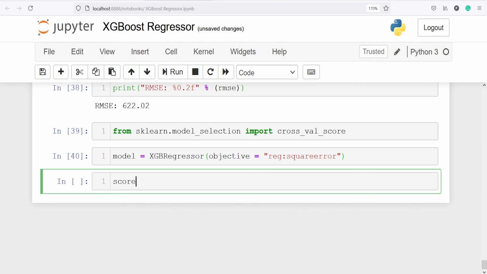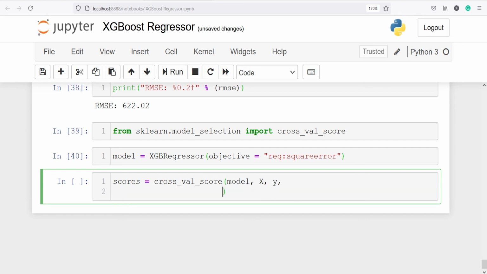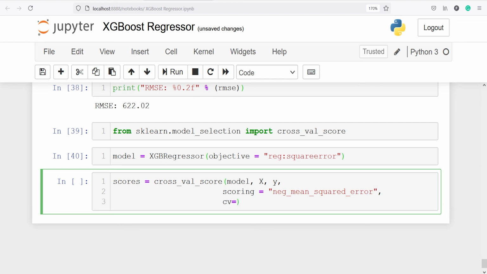Now let's apply the tenfold cross validation on our model and save it in a new variable. I'll make one variable scores. Now I will call the cross_val_score method. Inside this I will pass our object model, and then I will pass the data frame X and y. Then I will pass one parameter scoring, and this will have negative mean squared error, and then I will pass one more parameter cv, and this will be how many times you want to do the cross validation.